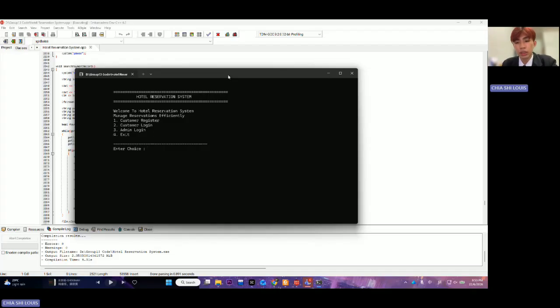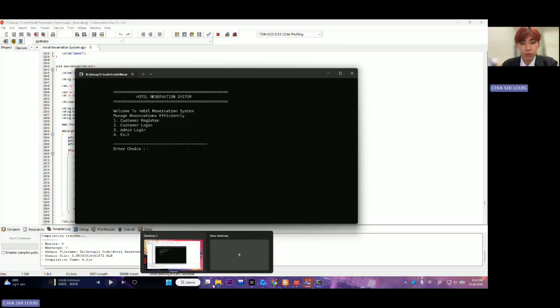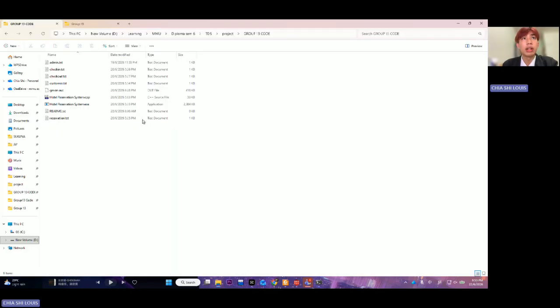Okay. Next, we are going to talk about our admin login module first. On this page you can see some functions, but I will mainly talk about the admin login page. First of all, we are going to log into the admin login. The admin login is stored in a text file, right here. It's our text file right here. So, according to our text file,